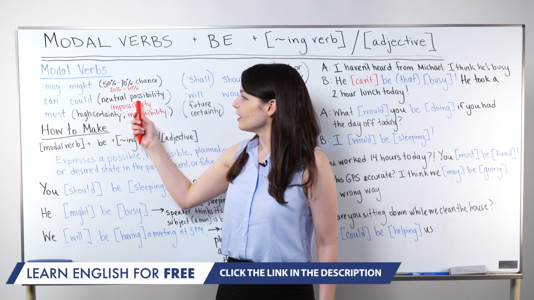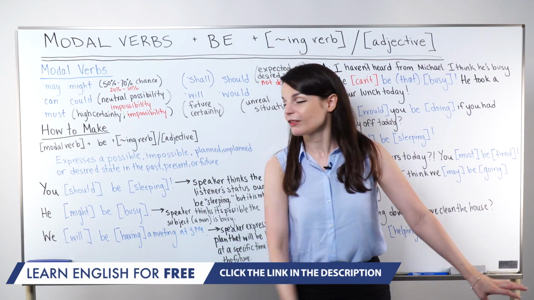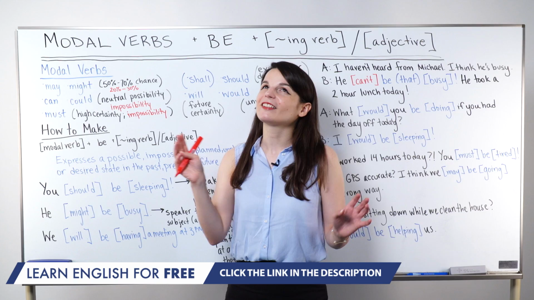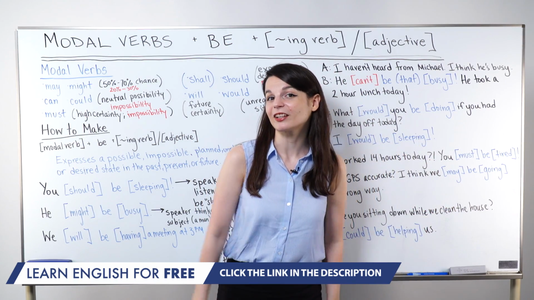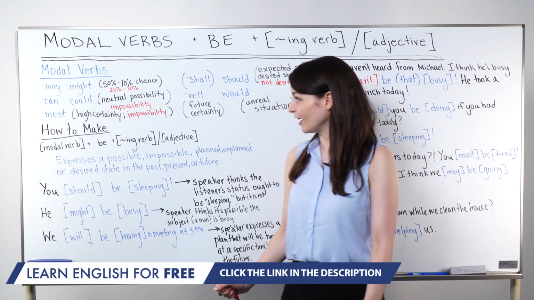So could not be means it's not possible for something. Must not be, it sounds like there's maybe a 5% or 3% chance. So very, very close to 0 there. Okay, so